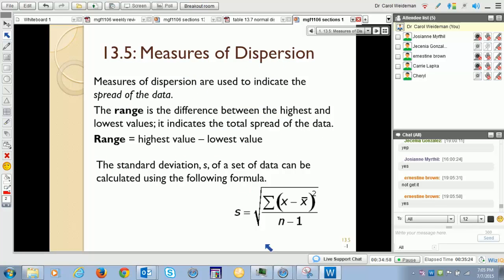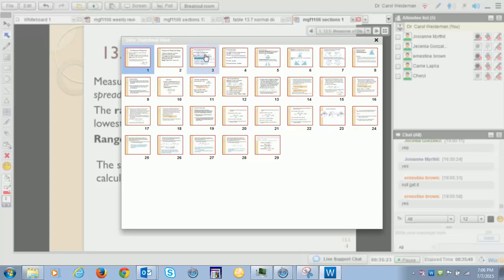Here's the formula for the standard deviation. Remember order of operations. You go inside here. This means sum. This is called a summation symbol. You're going to take each data value, subtract the mean, we call that the deviation from the mean for the data value, square it, do it for all the data values, then add those squared numbers up, divide by n minus 1, and then take the square root. So let me go back over to this slide.